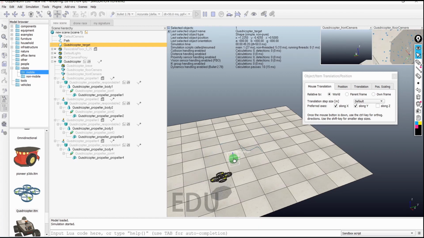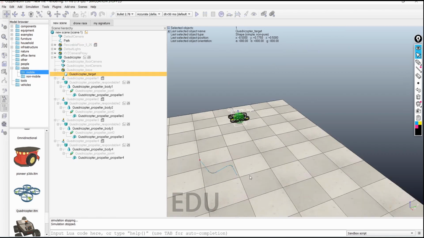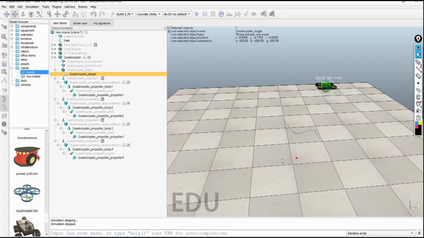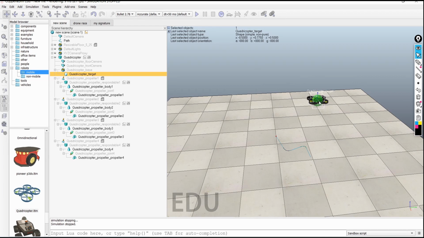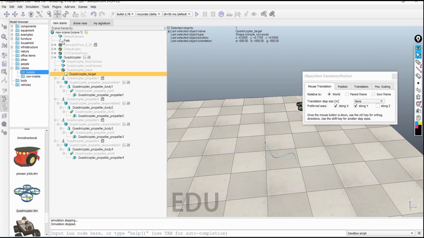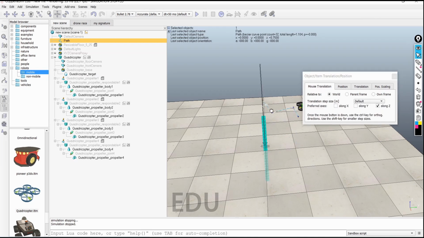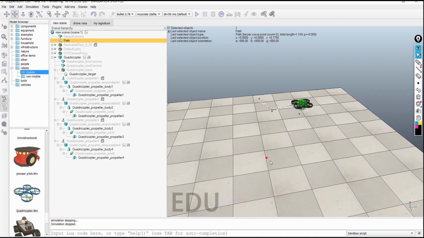This is very simple. Now, to make it follow this path, we will just apply the simple thing that we learned right now. We'll make this target follow this path. Before that, I will move it a little bit in the Z direction, so that it can move at a height.